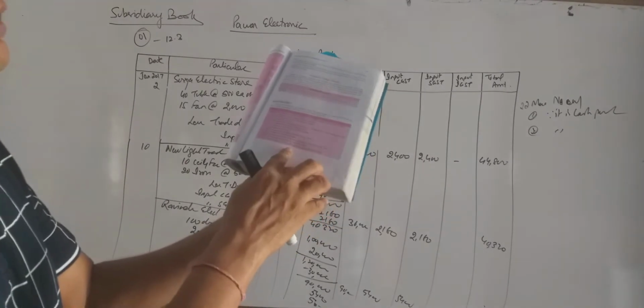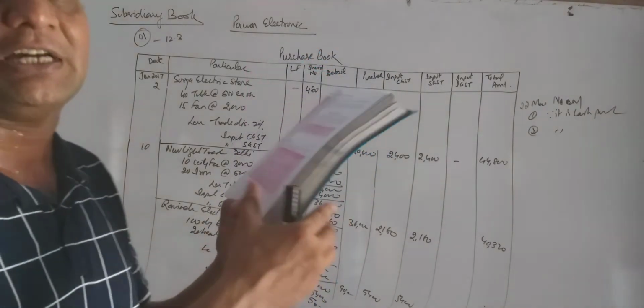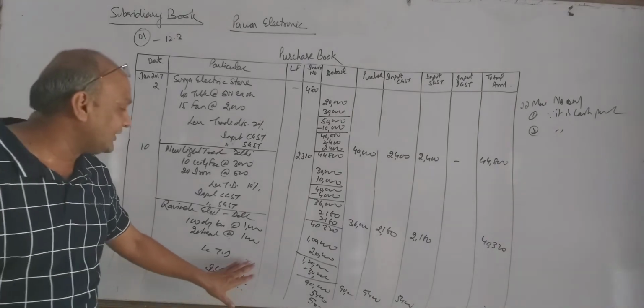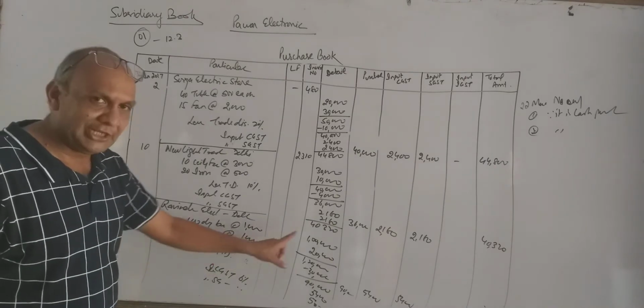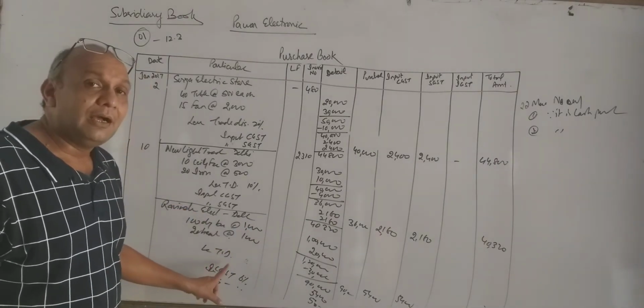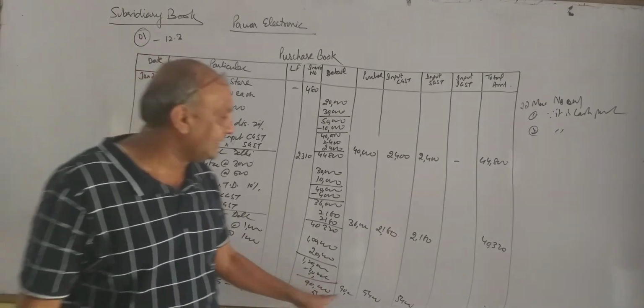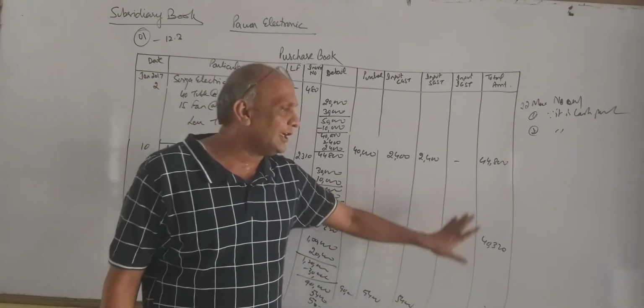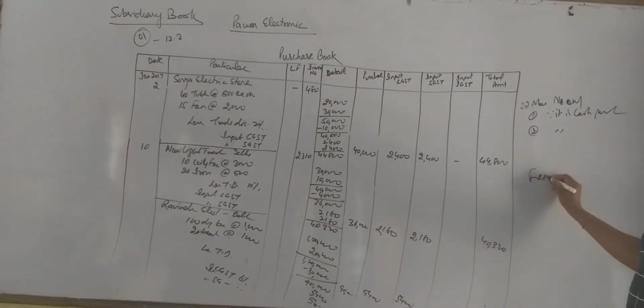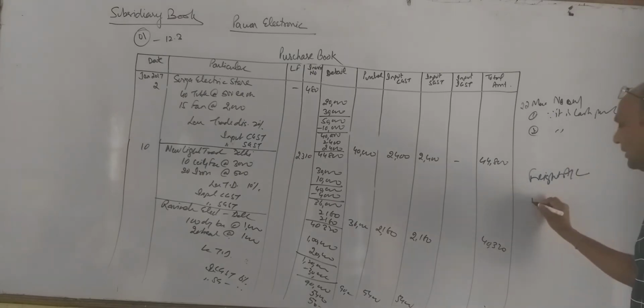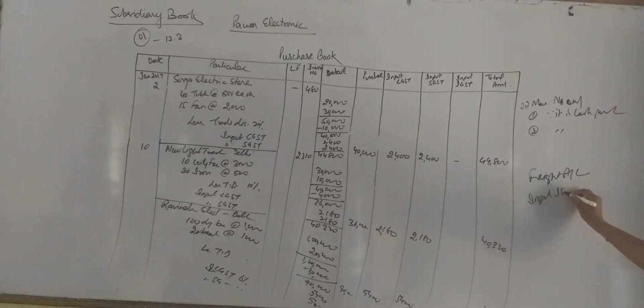And in this entry we have given freight also, freight charges. So remember, freight we are not going to record here. We will record only the purchase into the rate, less trade discount, add input IGST 5%, and that will go directly here. Freight will not be recorded here. For freight, a separate entry will be passed. Freight account debit, input IGST. Freight is 3,000, input IGST is 150, to cash account or to bank account in this way.